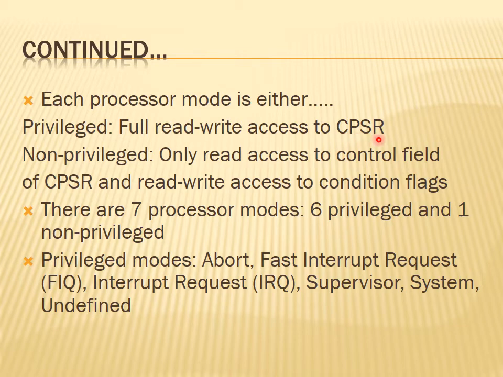Current program status register. So of course in our architecture there are the status registers, which is saving the current status in that register. Okay. So we'll see the bitwise details about the CPSR in the coming slides. Okay. So this is a 32-bit special register, which is known as the current program status register. So whenever you have a read-write access, means you can change the data, or you can read the data. This is possible under the privilege mode.